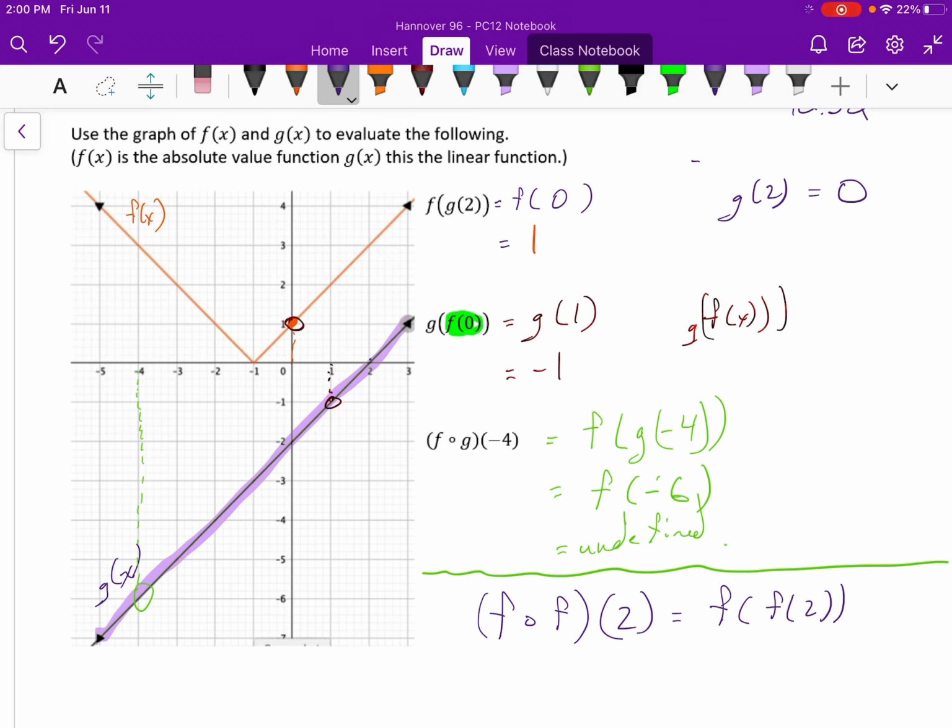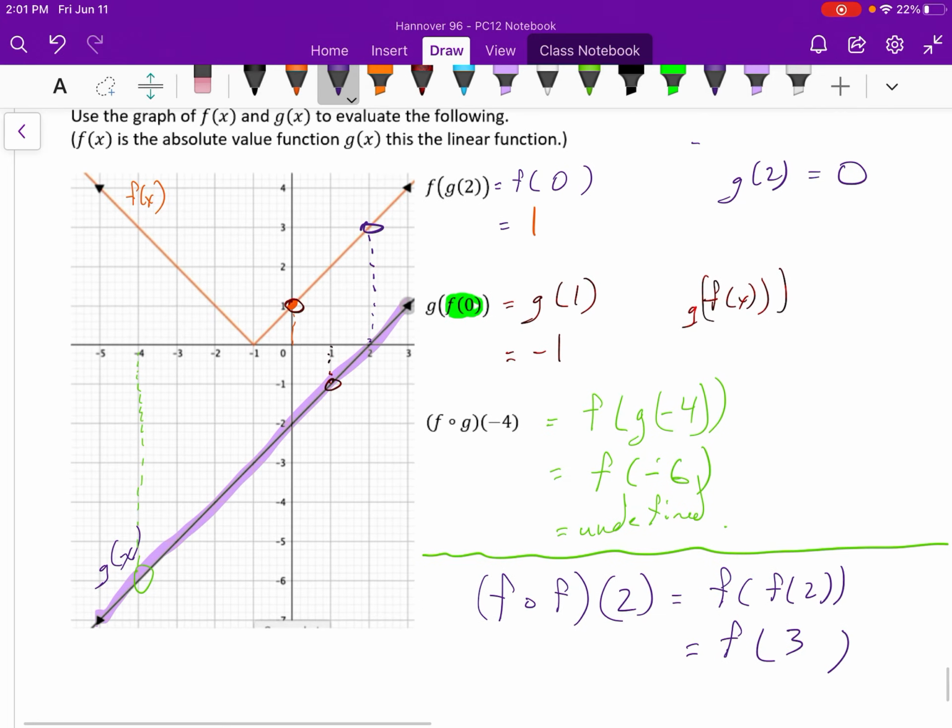So it's really having an input being plugged into the function, and then the function being applied twice. So f of 2, I'm going to calculate in the brackets, f of 2 has a value of 3. And f of 3, the value of my function f when my input is 3, is going to be